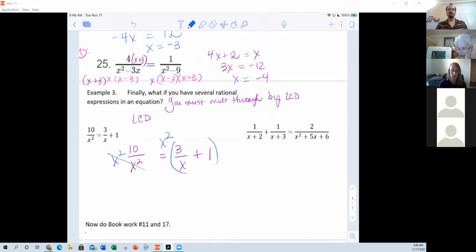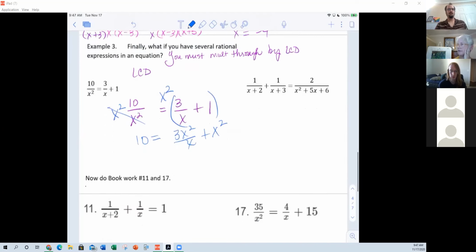So here the x squareds would cancel out. And here I would get 3x squared over x plus x squared, because I have to distribute that through the